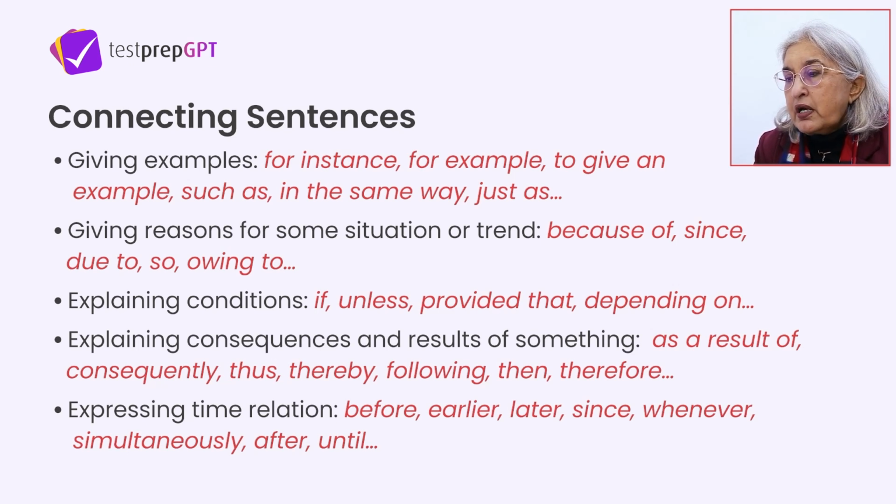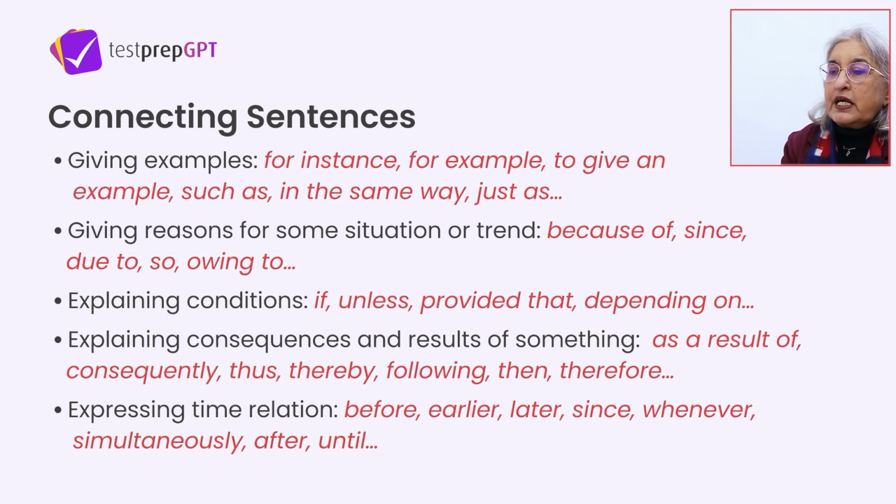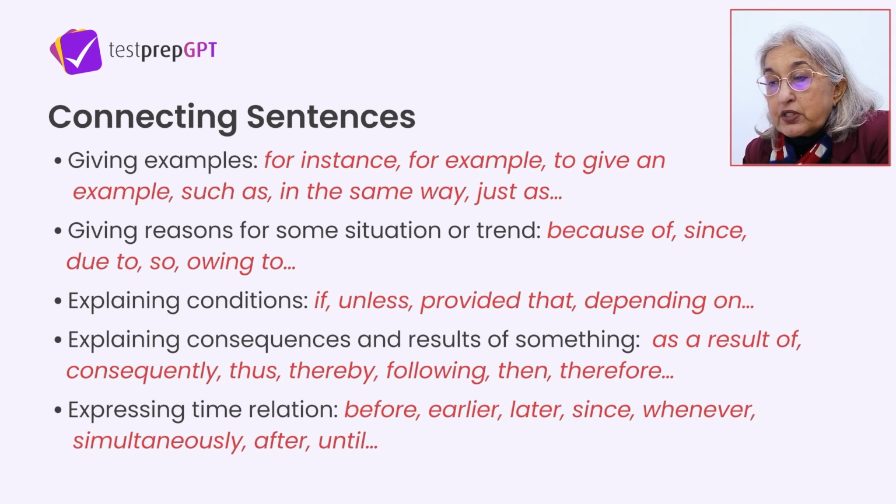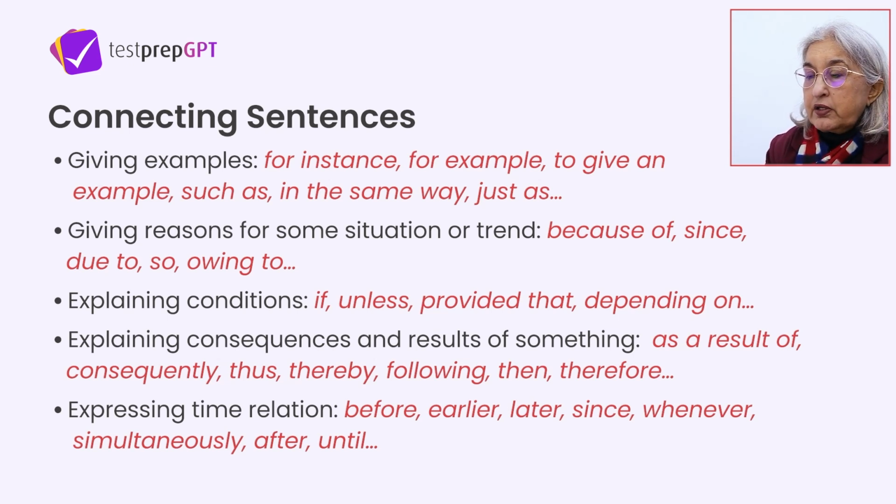So now the same thing has to be done by you. That is, if you have understood all these different linkers and parts of sentences, now you have to practice adding these to your sentences when speaking. This is like punctuation, that your sentences have to be punctuated with certain words like these. And where to use these words, this is something that you have to understand very well. And you can practice them by writing them down first and then speaking them. I would suggest to you that you write down some of the sentences and speak them out loud, record your speech, and then you can send it for feedback. You can record your sentences and you will get to know whether you have used these words correctly or not.